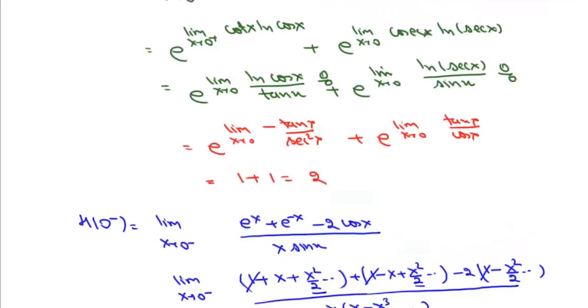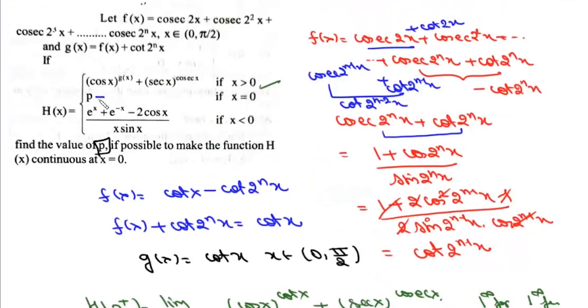Now left hand limit is 2, right hand limit is 2. So this function will be continuous if the value of p is